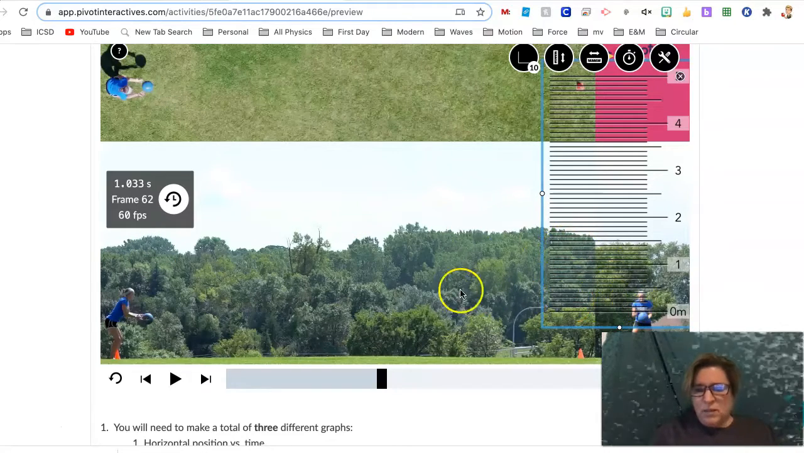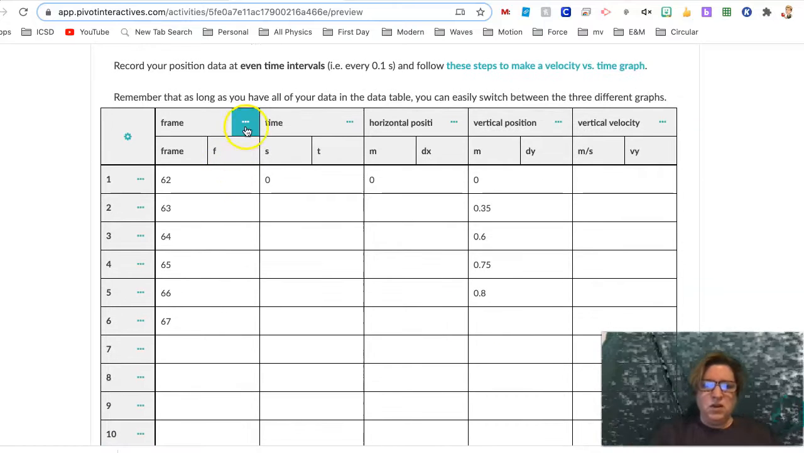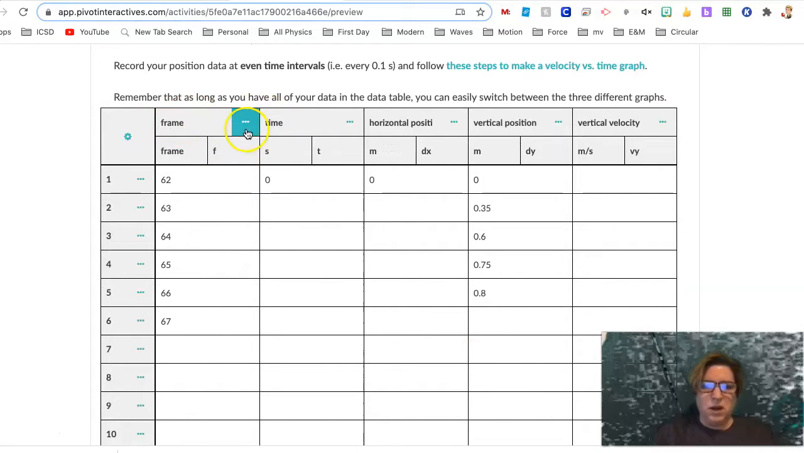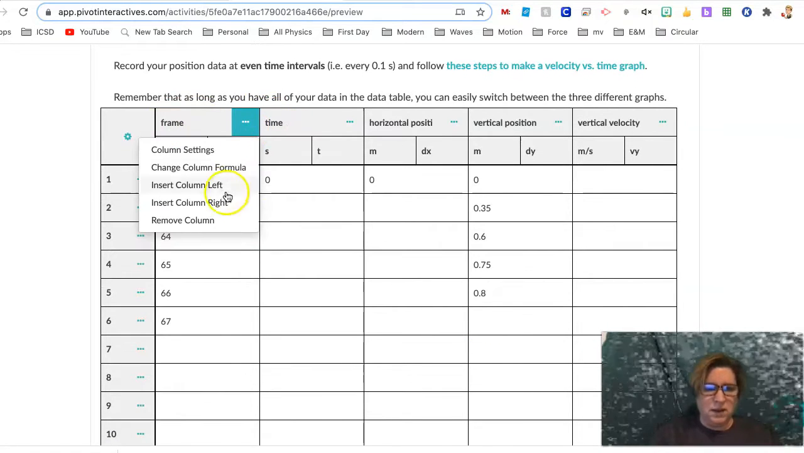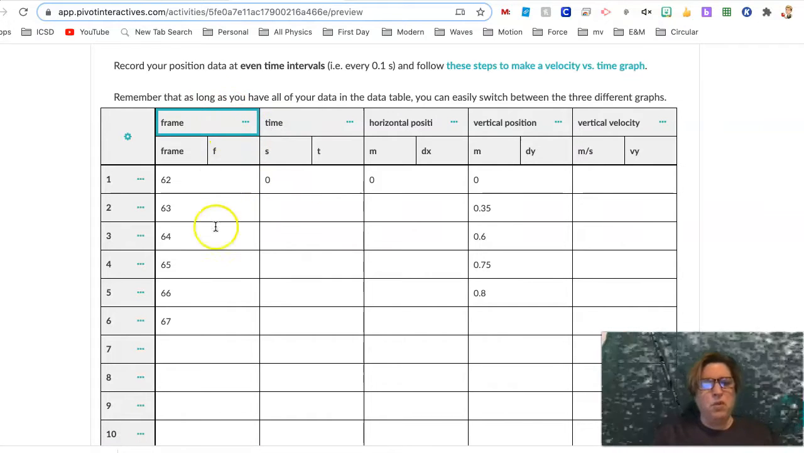And then let me show you how I've configured my data table. So I came down here, and you can just type in things here. And if you want to add in a row, you can go ahead and say insert column to the right. Okay. All right. So look what I did. I made a frame one because